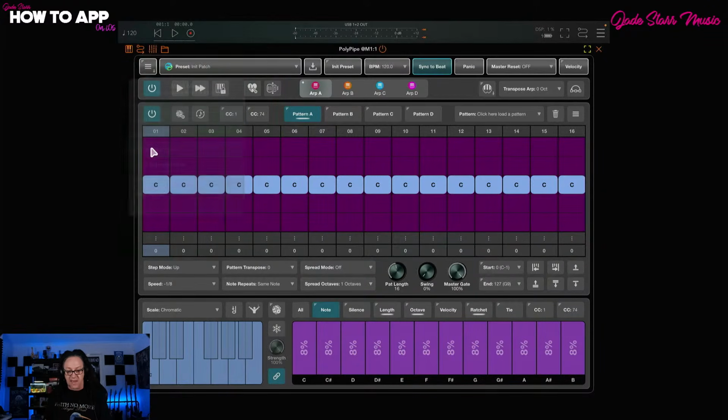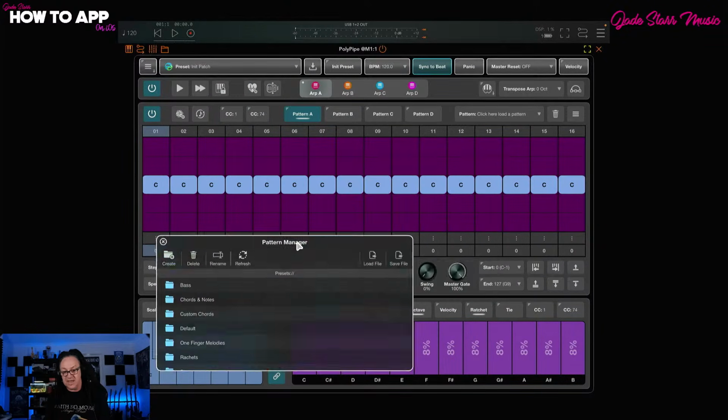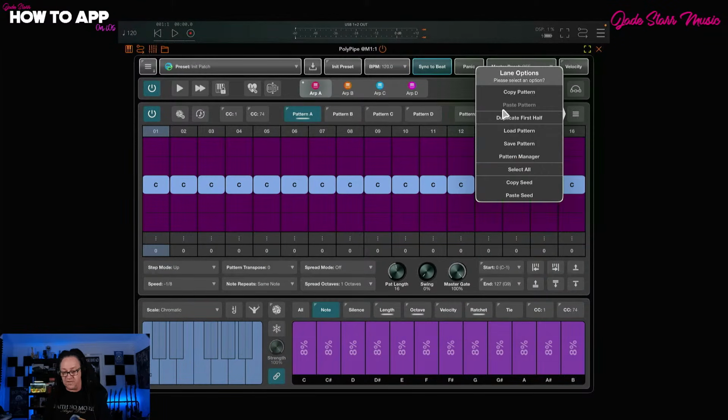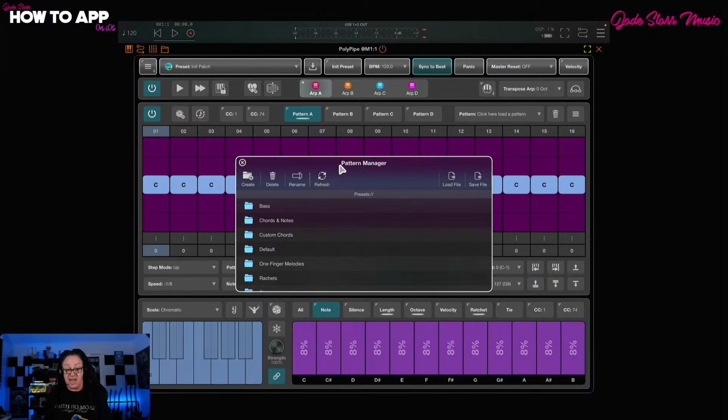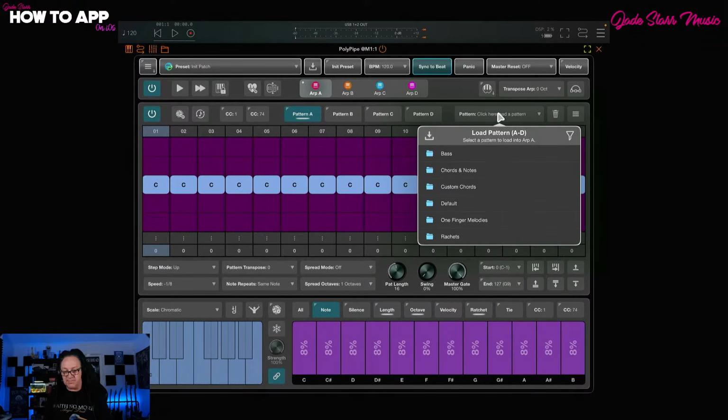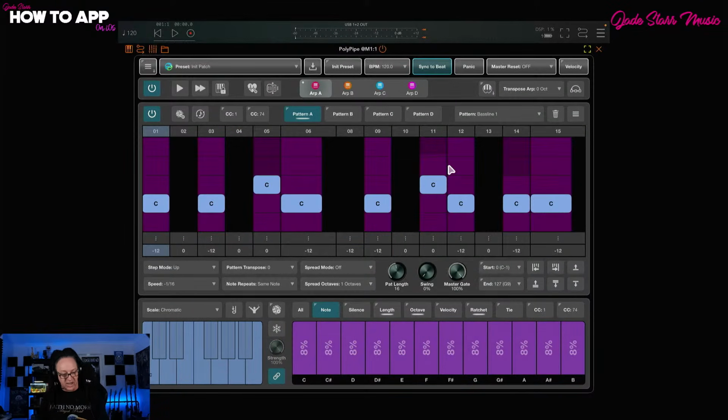You can access the pattern manager, which we'll get into soon, an independent pattern manager, which is for the sequences. This can also be gotten to over here by clicking this little hamburger icon and getting to the pattern manager here as well. So you can do that, or you can come to the pattern manager over here to quickly go through patterns like bass, chords, notes. If I tap, you'll get a selection of patterns like so. Now when I hold down a C,